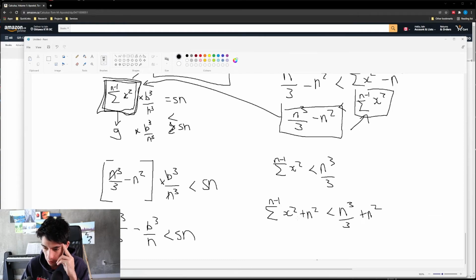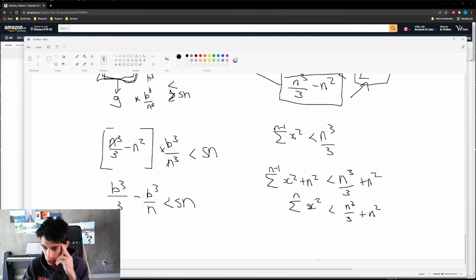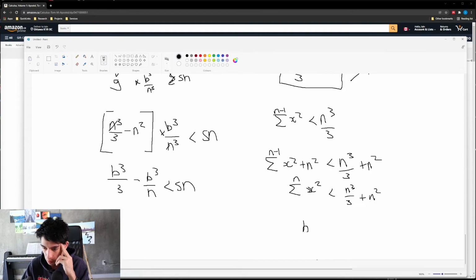And then this boils down into something that we're already familiar with, which is the sum of squares up to n being smaller than this number. This representation allows us to show that if we multiply b cubed over n cubed by the sum of squares, which is the upper bound, it is less than this term on the right hand,